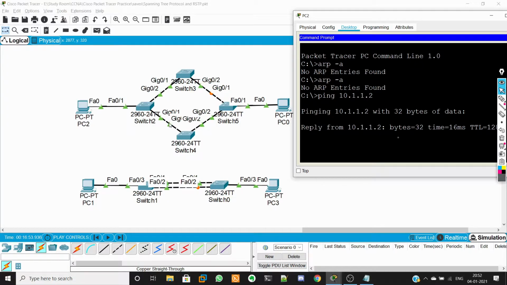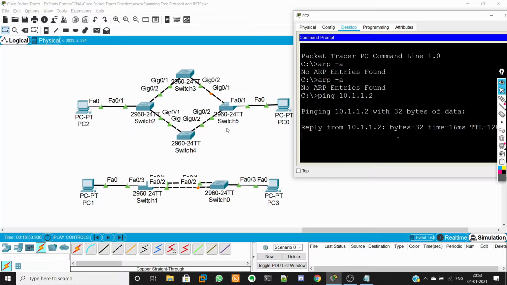You may ask, you told us switching loops will cause a huge issue and cripple the network, but we are not facing any issue. You are absolutely correct. Switches are enabled with Spanning Tree Protocol by default, so it simply prevents the loop by default. That is why the Spanning Tree Protocol concept goes unnoticed among network engineers. Several network engineers may not be aware of the significant role of Spanning Tree Protocol. I built another network.